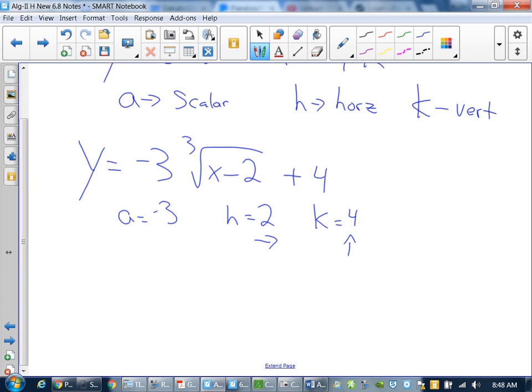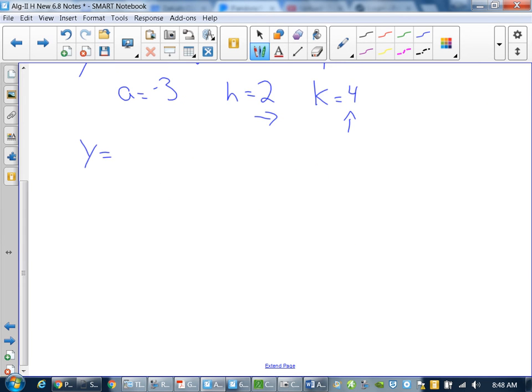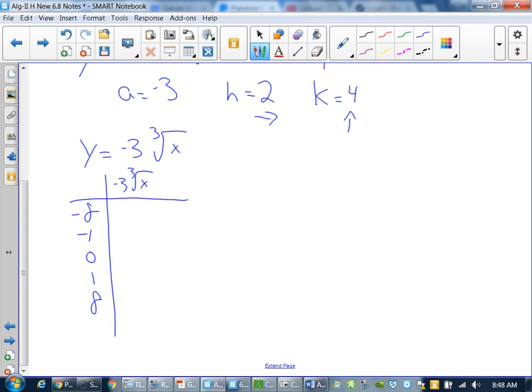And now I just go ahead and plot my parent function. So the parent function is going to be y equals -3 cube root x. Make a quick little table. -8, -1, 0, 1, 8. So now I'm going to get the cube root of -8 was -1. -1 times -3 is how much? Oh, thank you, I was getting ahead. The cube root of -8 is -2. -2 times -3 is